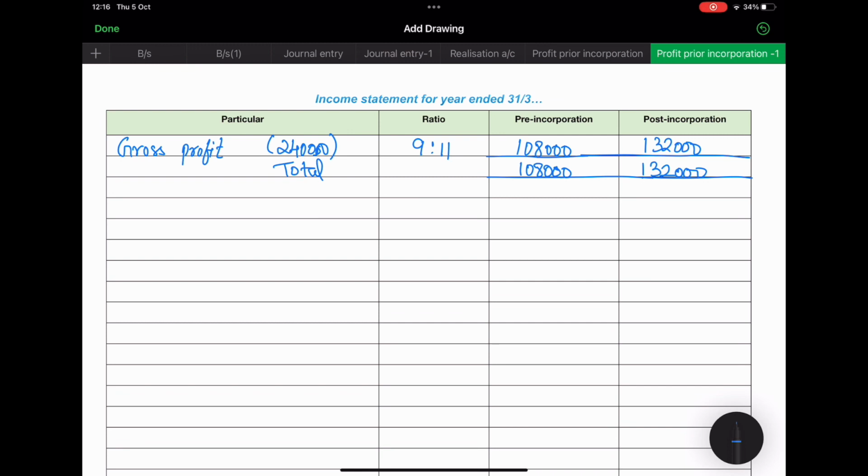Next we are going to minus all the expenditures. We are going to identify all the expenditures here, expenses one by one. The first expense the question has given is directors fees. I'll come in the order in which they have given in the question, the same way I'm going to write it down, because if you mix things, we might miss some expenses. Don't mix the concept, come in an order, so it will be very easy, because we don't skip any of the expenses. For that particular reason I am coming in an order. So directors fees 15,000. This 15,000 is full and full related to post incorporation. So actual, post,